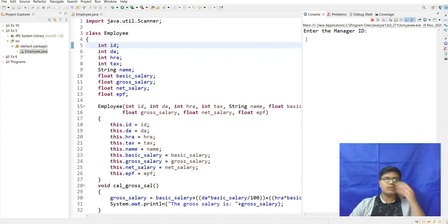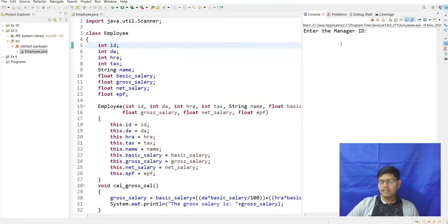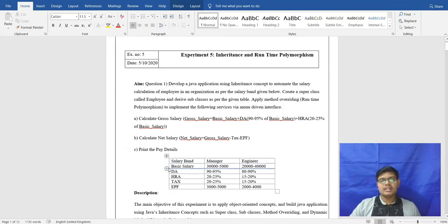Here is the output of the program. Here we have to enter the manager ID. I'm entering 111 and the name. Afterwards, it is asking us the manager basic salary. So here we have to enter the manager basic salary from 30,000 to 50,000.